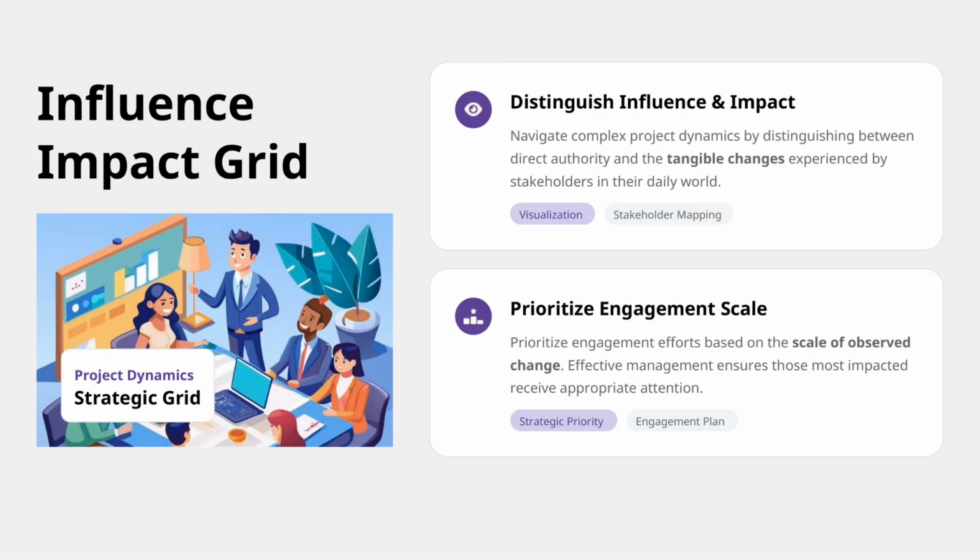The influence impact grid helps distinguish direct authority from the tangible effects stakeholders experience, and it prioritizes engagement based on the scale of observed change. This slide emphasizes using visualization to reveal where influence translates into real impact, so teams allocate attention to those most